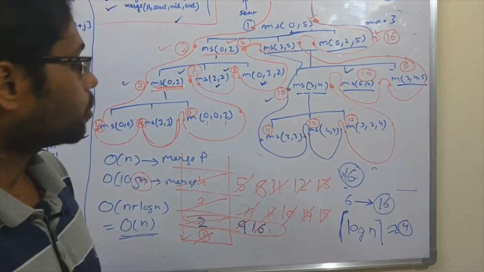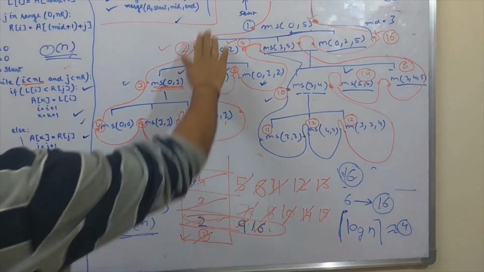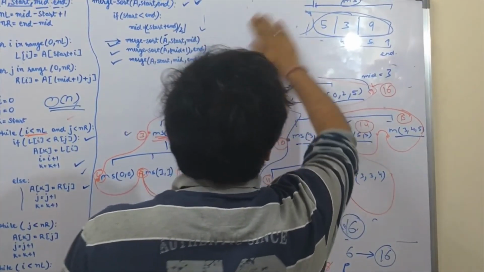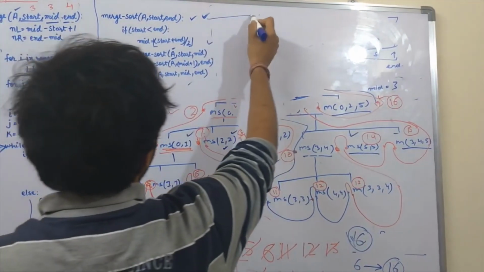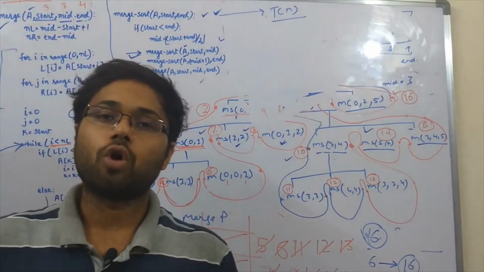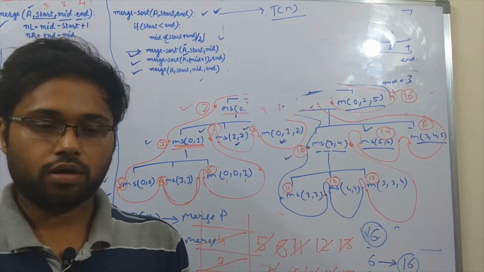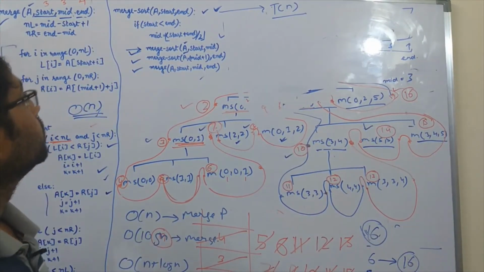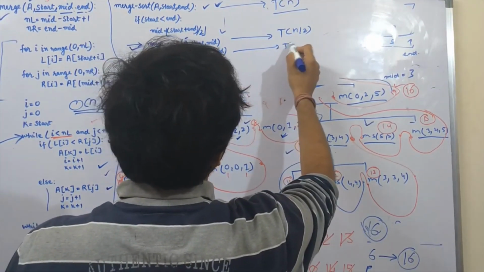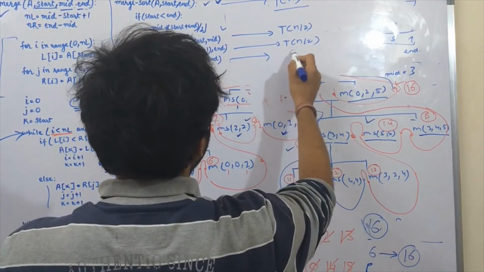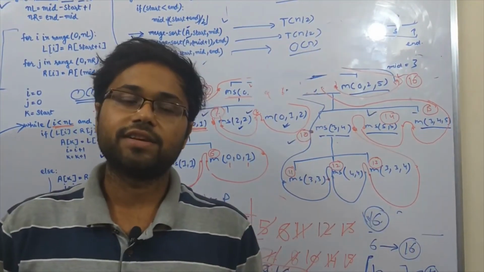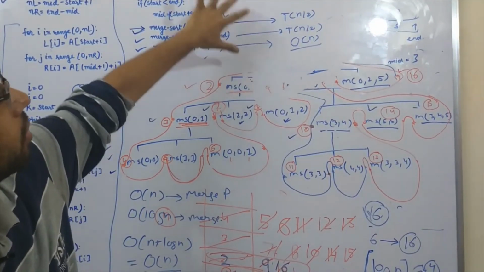So now we will again see what will be the time complexity. The time complexity will be coming from here. Let the time taken by the merge sort procedure to sort n numbers be T of n. So this procedure takes approximately T of n by 2, and this is also T of n by 2, and we have already seen that the time taken by the merge procedure to merge two sorted arrays is order of n. So this is the equation that we are getting.